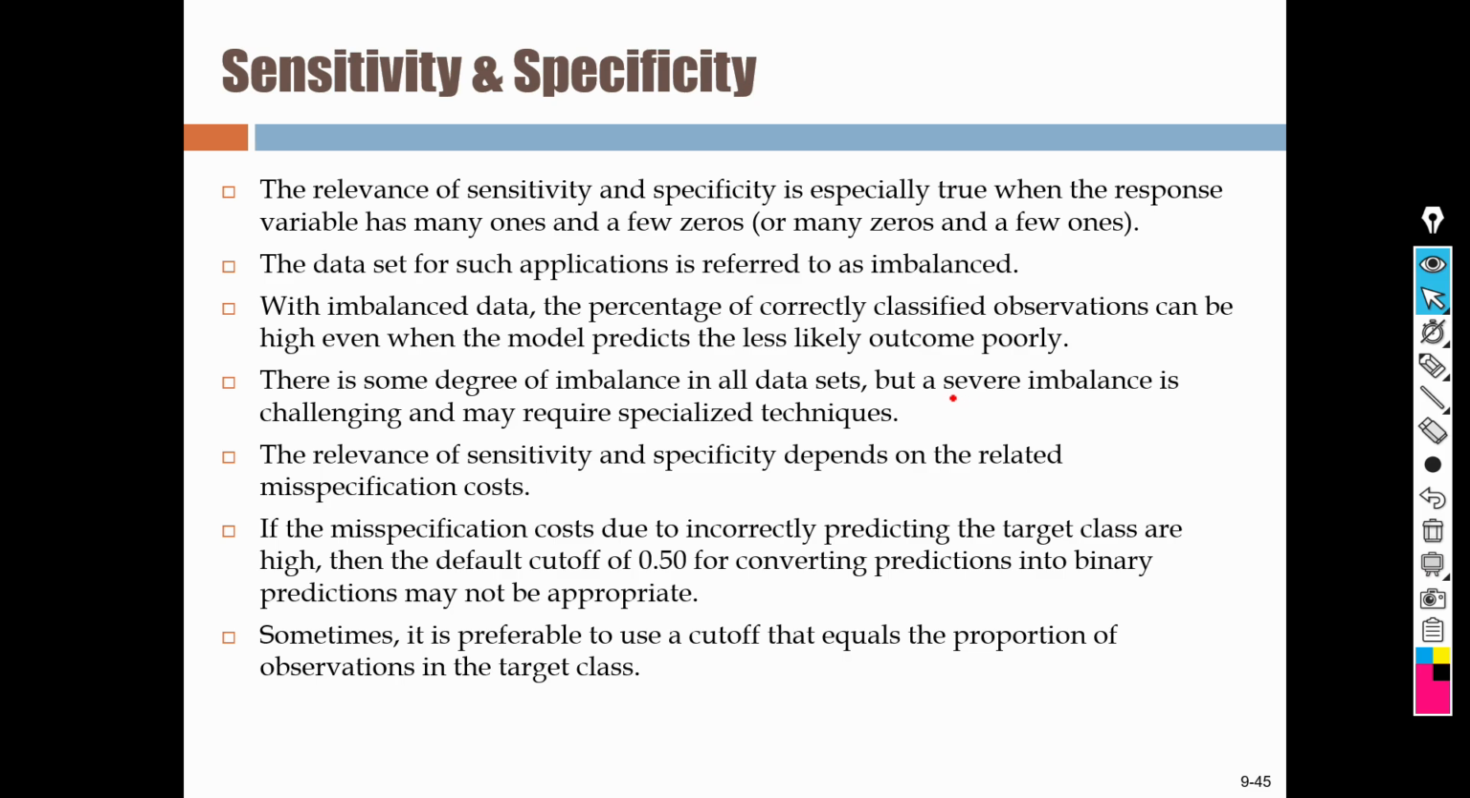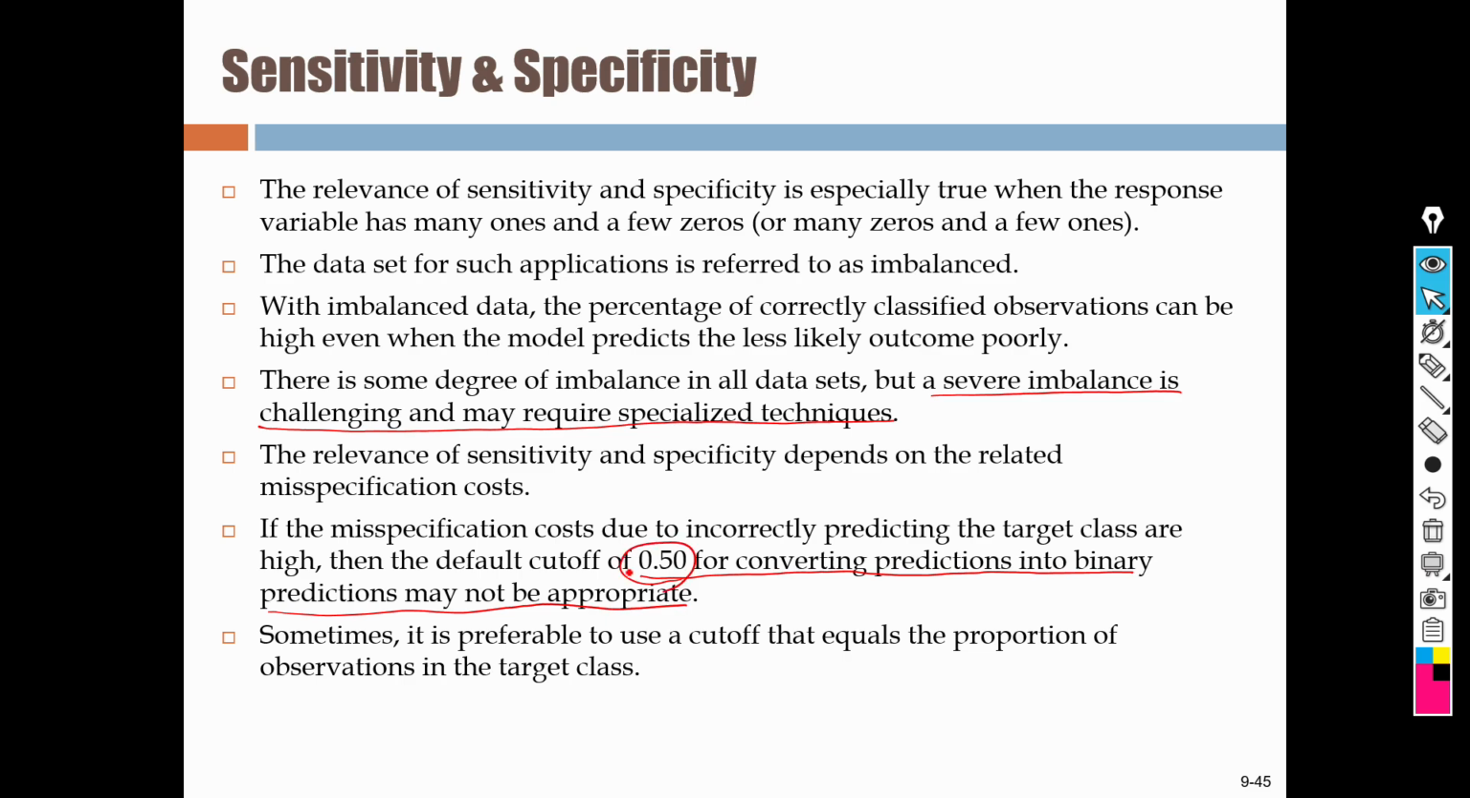So severe imbalance is challenging and may require a specialized technique. So I will just introduce what we should do when we have severely imbalanced data. Sensitivity and specificity depend on the misclassification cost. If the misclassification costs due to incorrectly predicting the target class are high, then the default cutoff